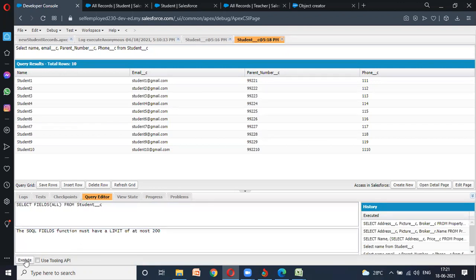Select. Okay, so the fields function must... Let me make it a little more simple.